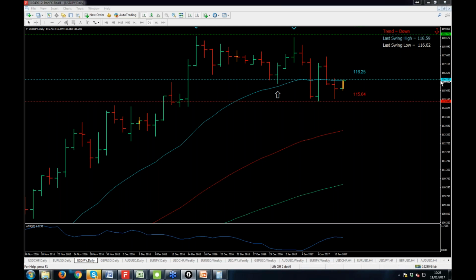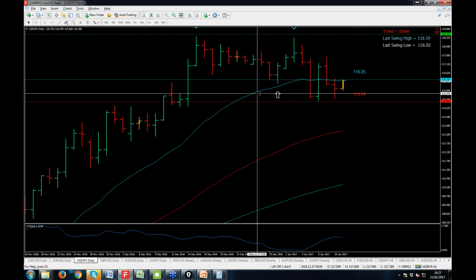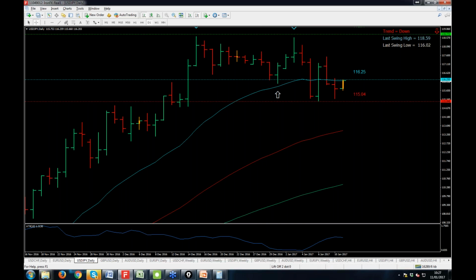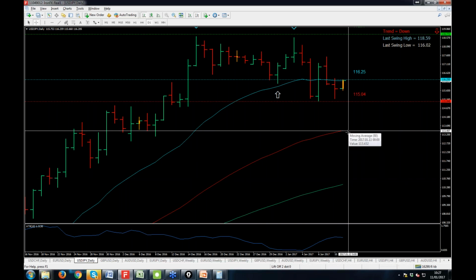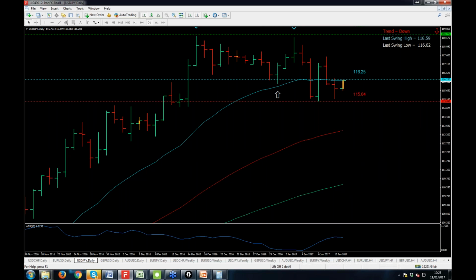would we all agree, you can punch a Y into the chat box if you do agree, that the 20-period moving average is above the 50-period and the 100-period here? Would that be fair to say? Does everyone agree with that? Yes? Okay, great. So if we've got that, that's the first quantified parameter satisfied. Okay? So then what we're looking for